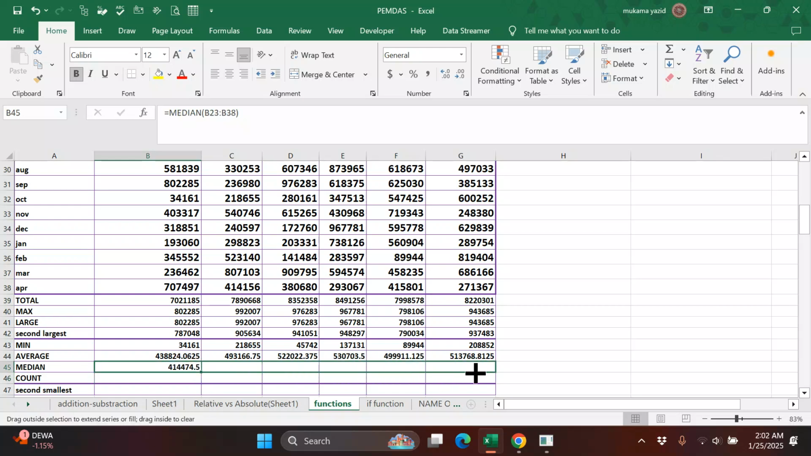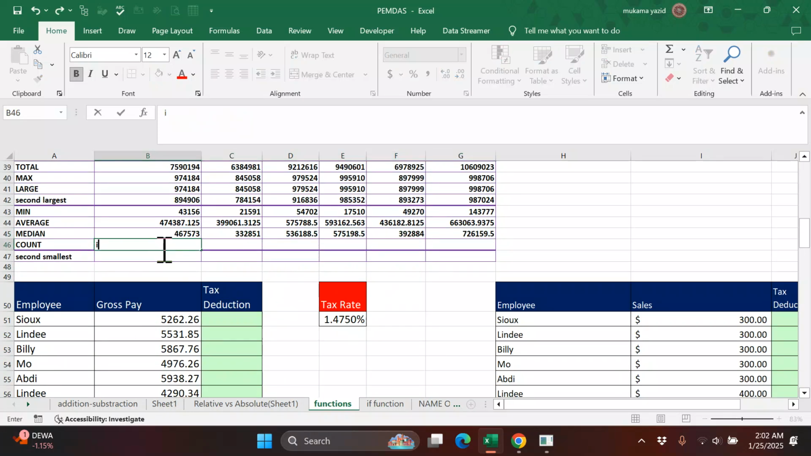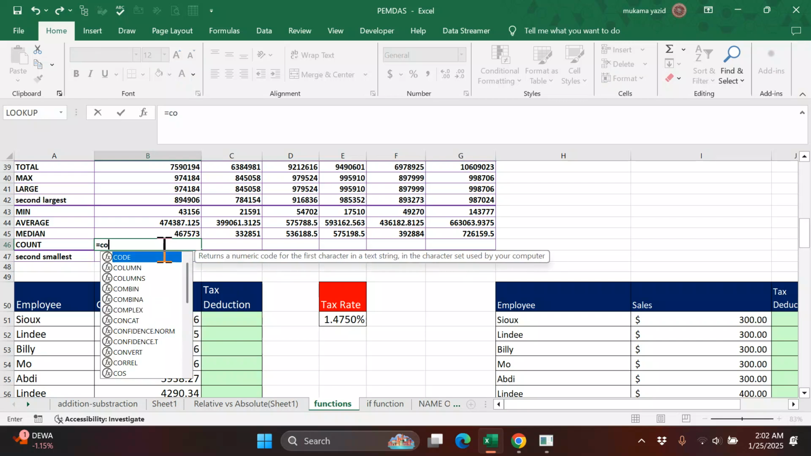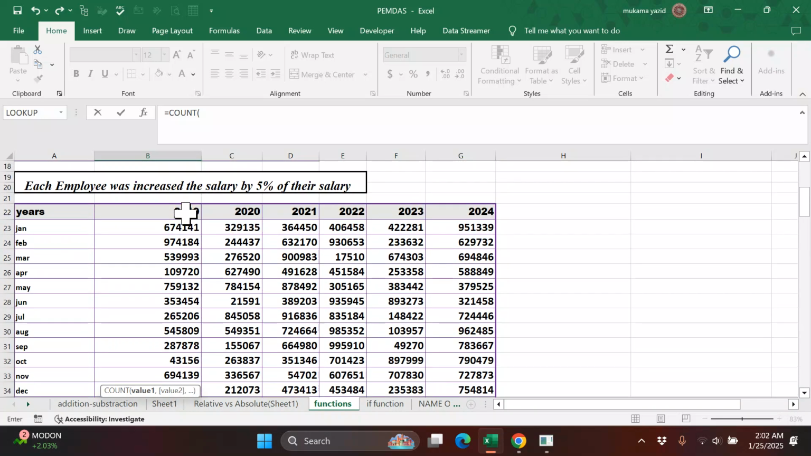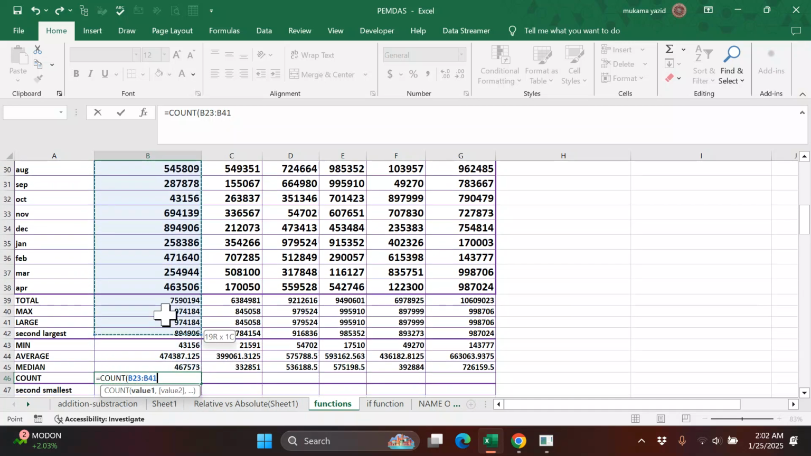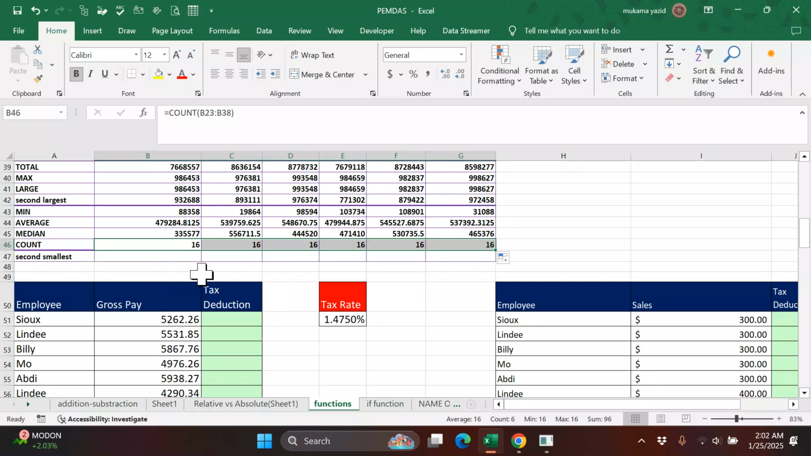So this is the value. So count equals count. We select it, then up to here, enter, then autofill, then